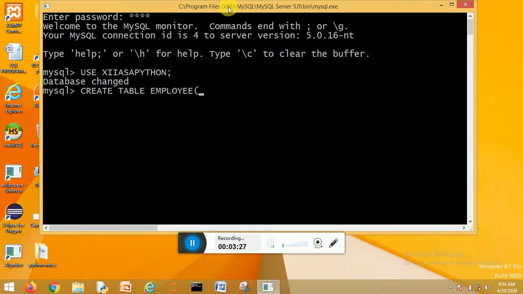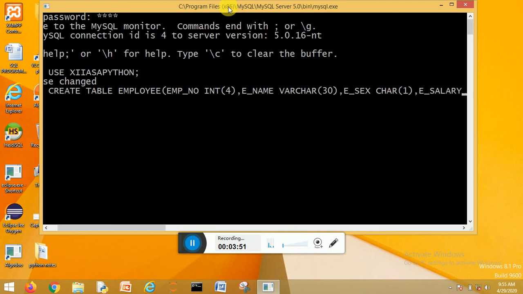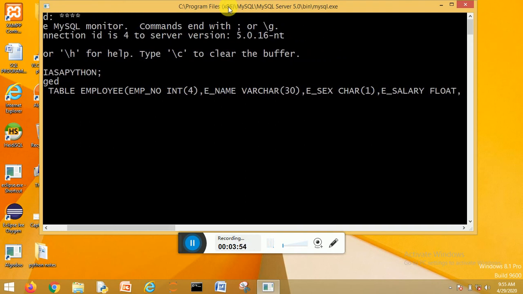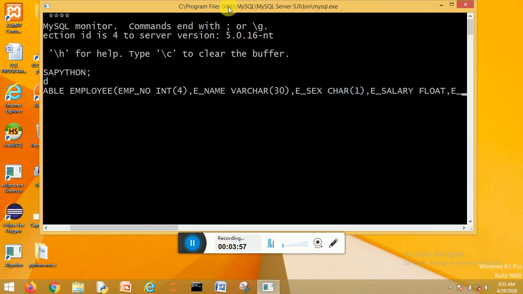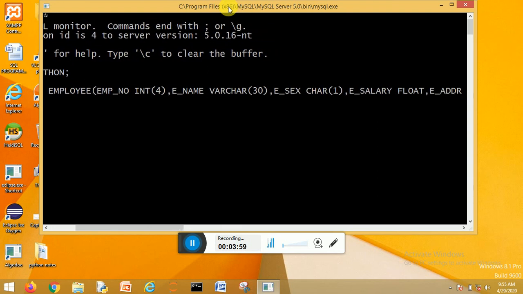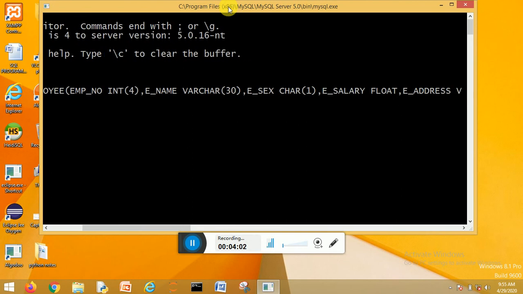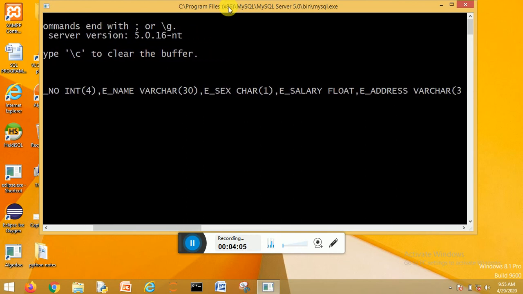Now the first column I will create is employee number, data type int, size 4, then name, that means employee name, varchar 30, then sex char 1, comma, salary float, comma, address varchar of 30,